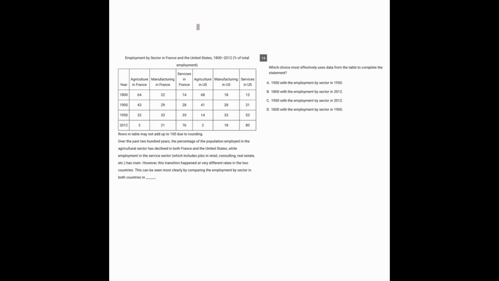Going to question 13 now, starting with the prompt like always. Which choice most effectively uses data from the table to complete the statement? And what's the statement? Over the past 200 years, the percentage of the population employed in the agricultural sector has